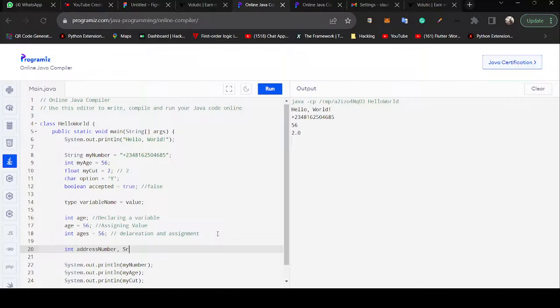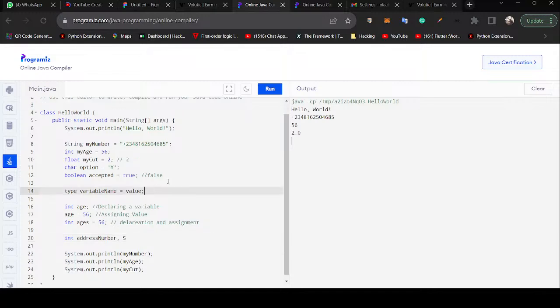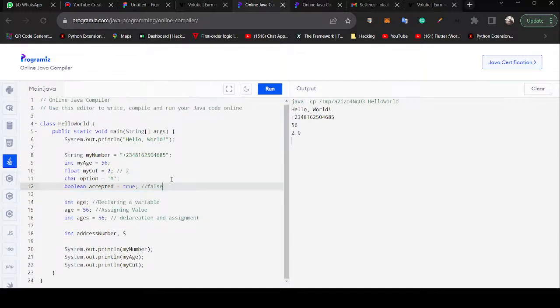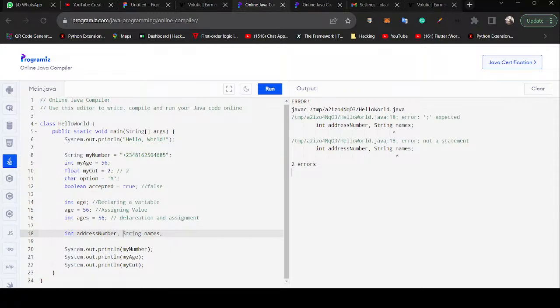Sorry, can we do this? Let me see if we can do this. Here I've written int address number. Since I've added int address number, I have int from the very beginning, so I can now say int